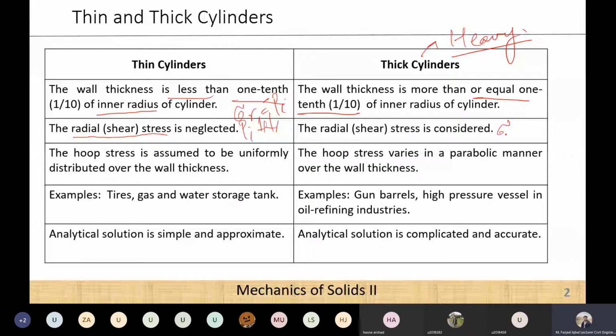In the case of hoop stresses, which were acting on the thickness of the cylinder when we would divide the section into two parts, they were uniformly distributed over the wall thickness. And the reason was that the wall thickness was very small compared to the, if this is the cylinder,